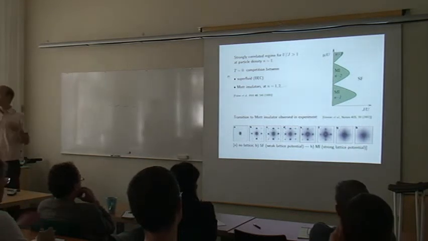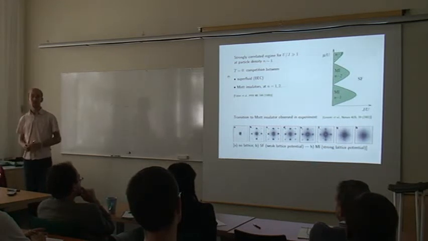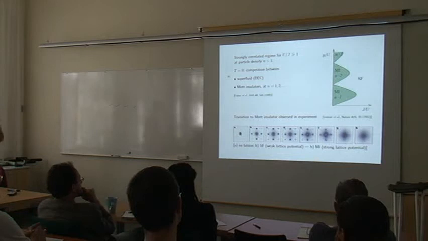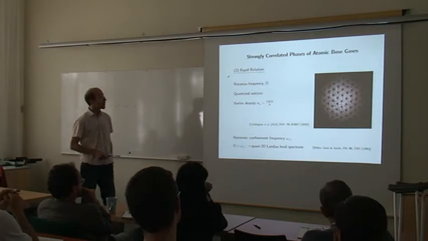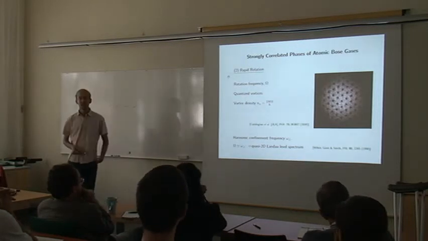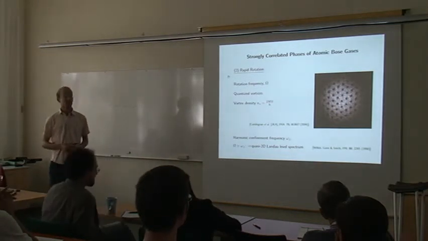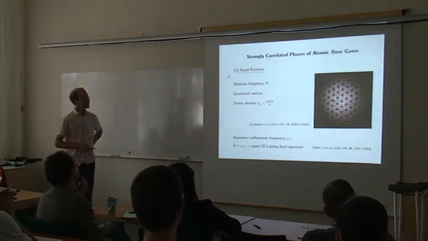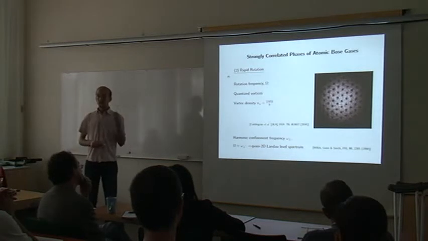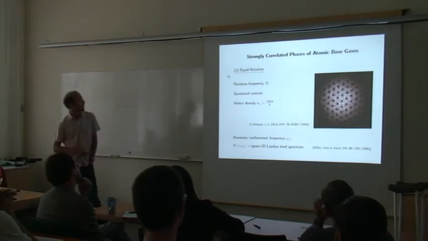Okay, so this is at least some initial results that show that we can get strongly correlated states in cold atomic gases, and that's pretty simple, strongly correlated states. So now another class of strongly correlated states that has been discussed for cold atomic gases is namely quantum Hall states, and these are found in systems that are put into rotation. So the effect of rotation is, I guess that's the next slide.